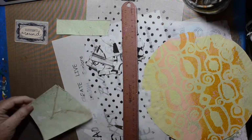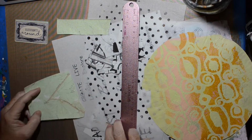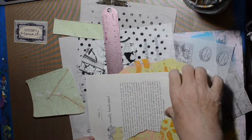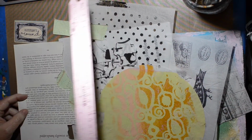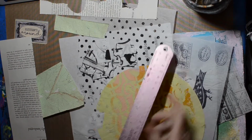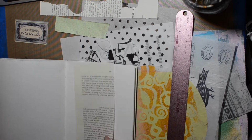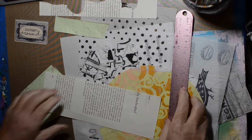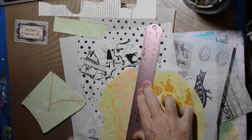But I found that little card too. It says rummaging around. So yeah, I was rummaging around and I wanted to fill up this little journal. And so yeah, that's what I'm doing. I just grabbed some random scraps that were sitting around and decided I had to pick from that pile to complete my book. So hopefully they will look